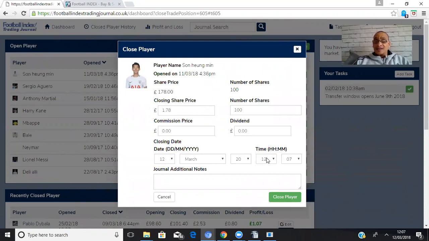So that actually he got injured then, and I exited this time. So the time between injury and this time gives me this much money, this much profit, this much percentage. Now, one trade is never going to tell you the whole story. But if you continue to do this, if you make it part of your routine, every trade. So the first thing you should do, if a player gets injured, entry, Football Index, entry.